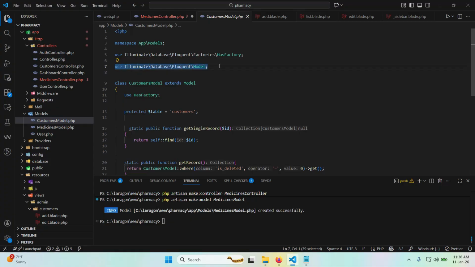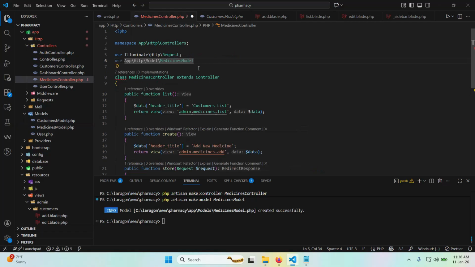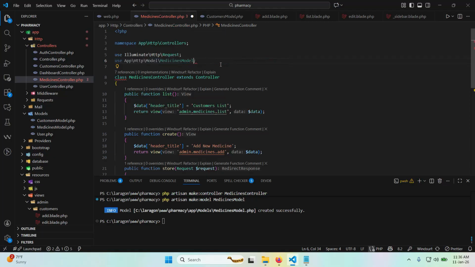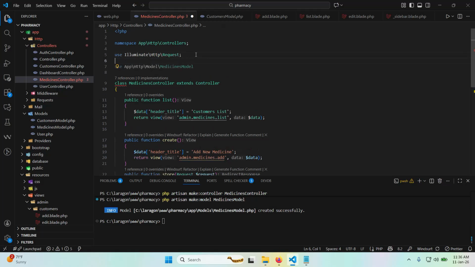This is what we are using for the models. Okay, so we bring it here and place it there. Okay, let's put this up there, and then